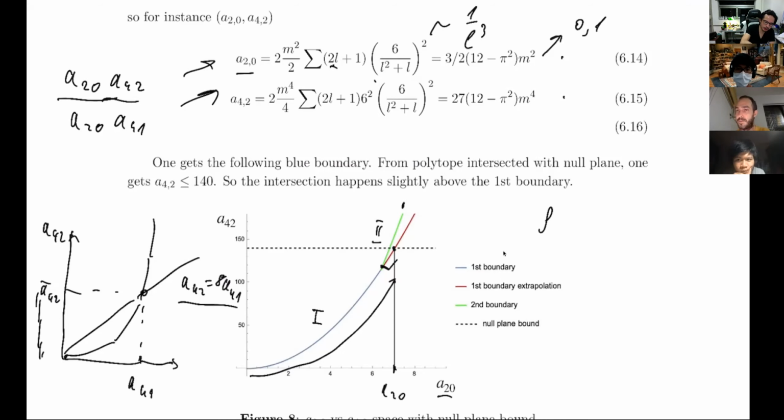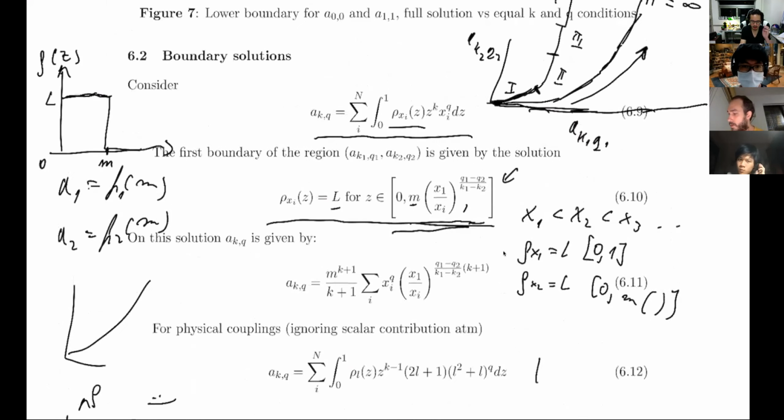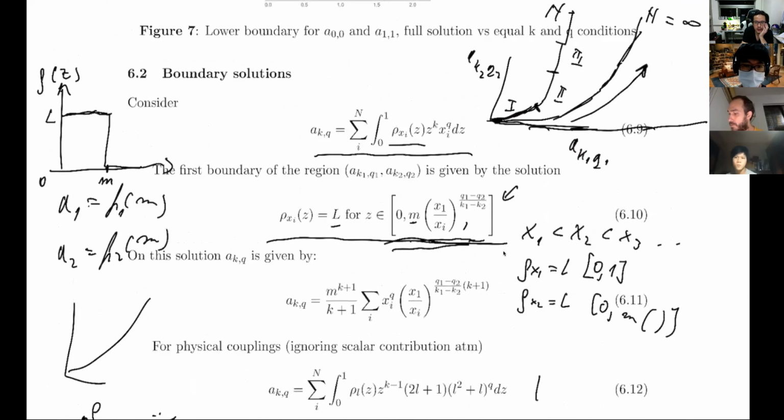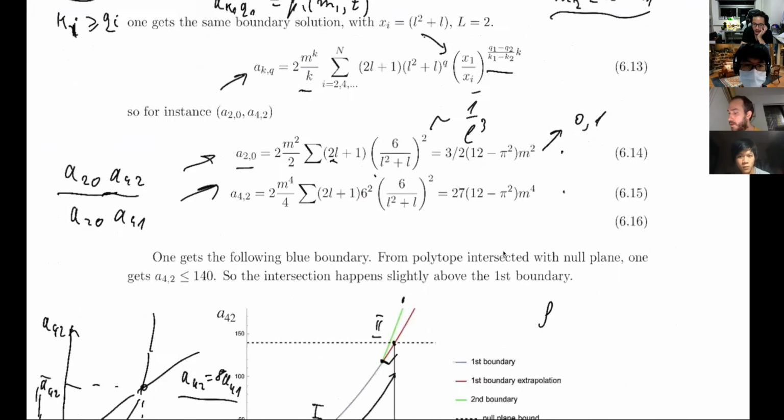But how do you differentiate between the different ones? Let's say you're doing the first boundary and the second boundary. What is the characterization of these two solutions? You must know, right? Because you're doing extrapolation. Yeah. So the first boundary is given by this formula, right? Where you have this is Z. So all of these things are some segments. Then the second one